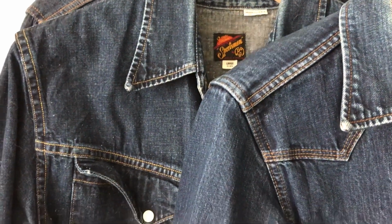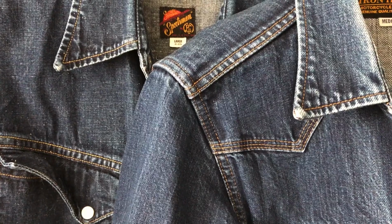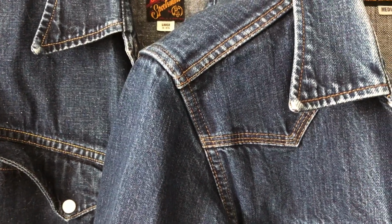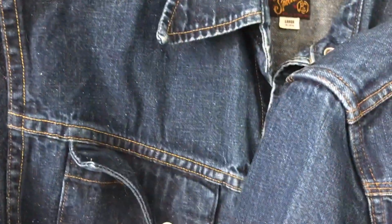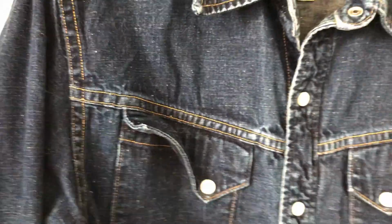The V stitching, the triple stitching of the Ironheart shirt, which I do love as a triple stitching detail, is missing on both of the remaining shirts based on the way that they've been stitched. But the pattern that comes through as a result of that's pretty cool as well on the Ironheart shirt. So going through to the